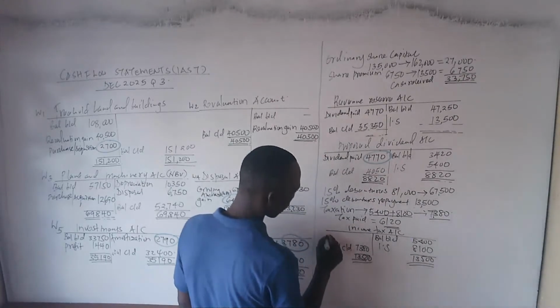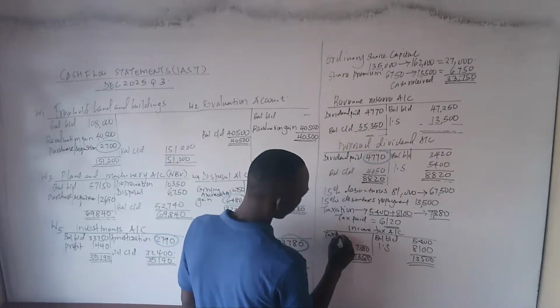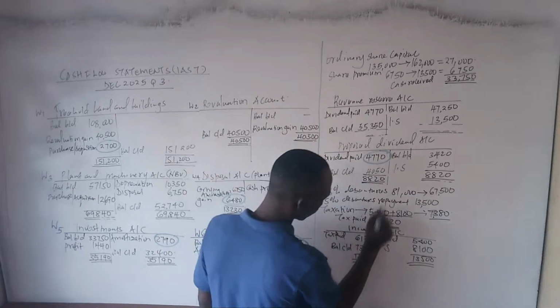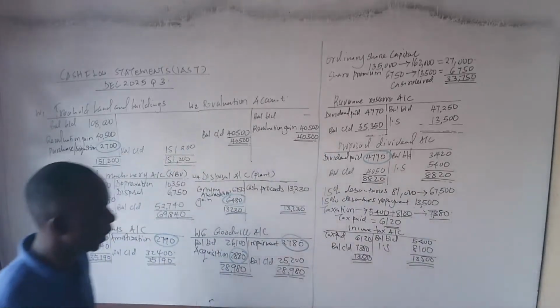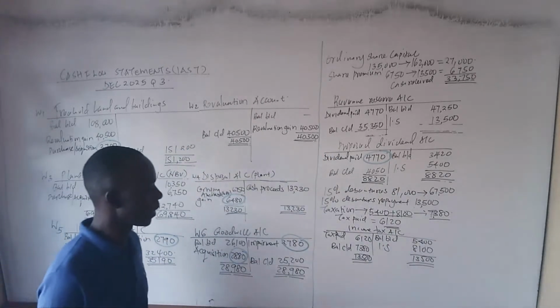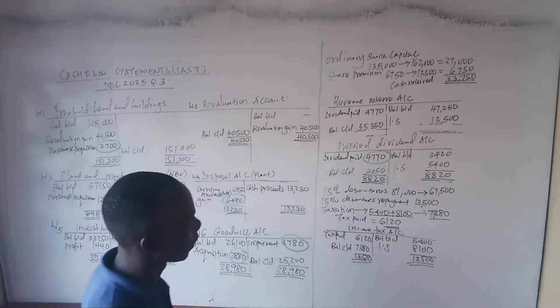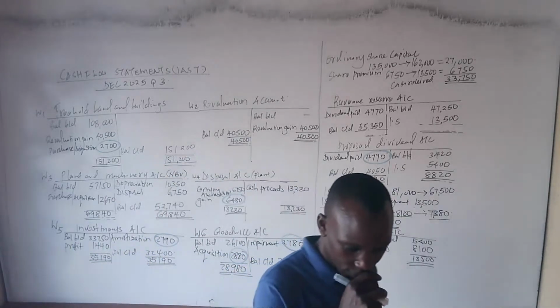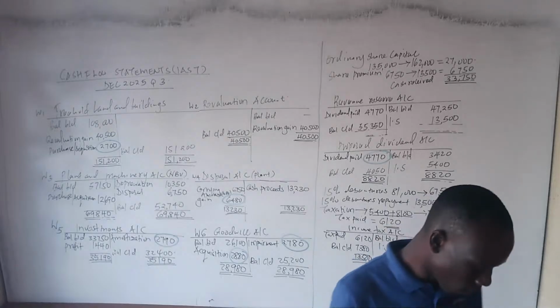13,500. Therefore, we have the tax paid. Tax paid of how much? This one, 6120. That is how you get the tax paid. That's how you arrive at the tax paid. So once you have adjusted that, the next item for us to adjust